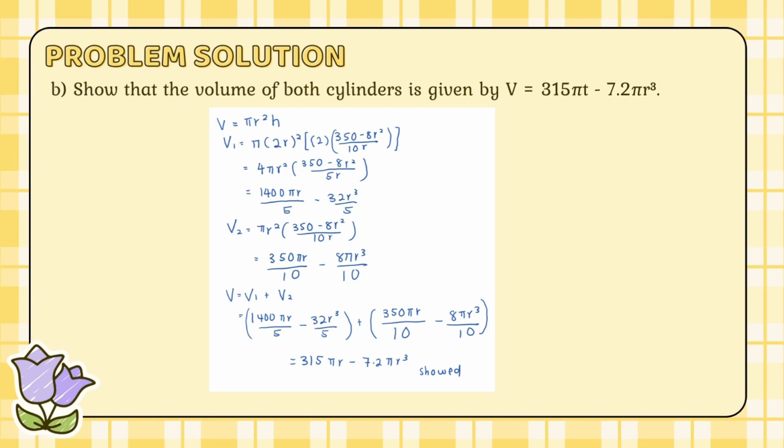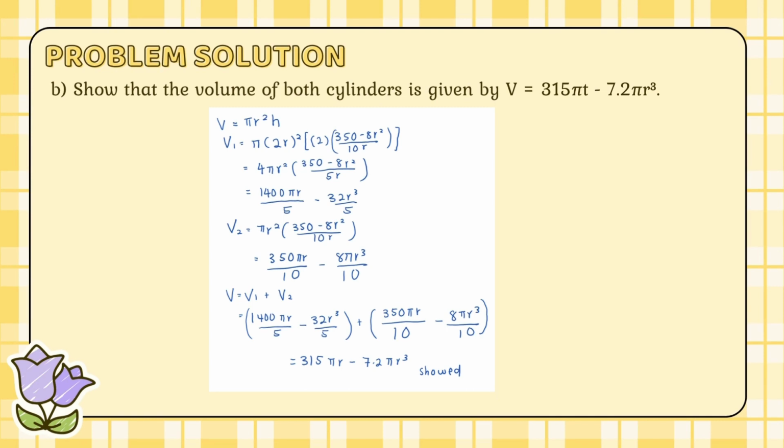So we move on to the next volume of cylinder, which is V2, equal to pi multiplied with the radius, which is r square, and multiplied with (350 minus 8r square) over 10r for the height. And we simplify and we will get 350 pi r over 10 minus 8 pi r cube